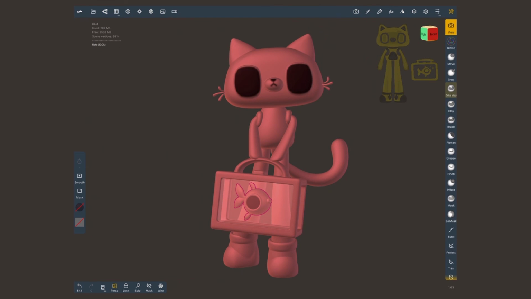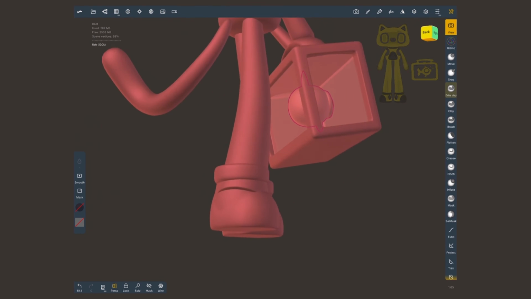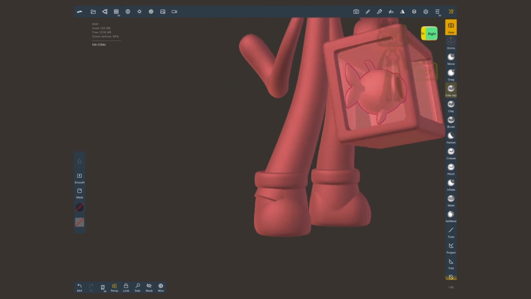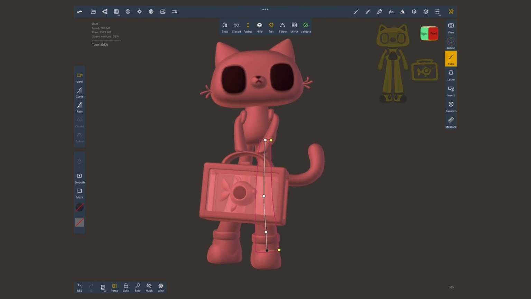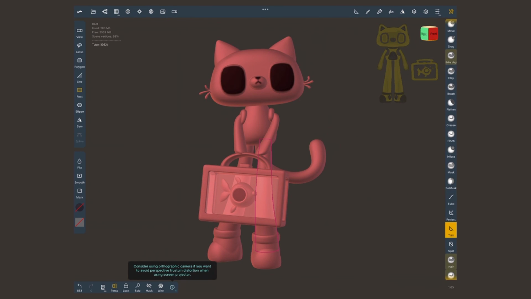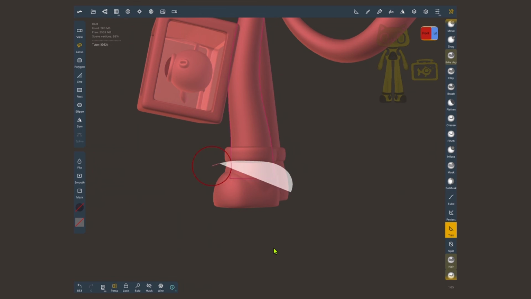Just like before, try to keep this stage as clean as possible. The better we can make it look, the less we will need to clean later. There might be areas, maybe like the arms or the legs, that will connect a bit weirdly, but that is fine. We can clean this up afterwards. To fix these legs, I am finally going to validate them, and I'm gonna use the trim tool, set to lasso, and I'm gonna get rid of anything that I don't need. Whatever is in the white area is gonna disappear.